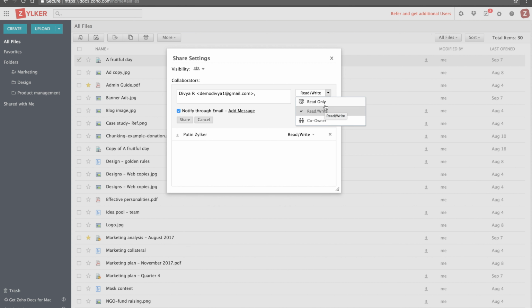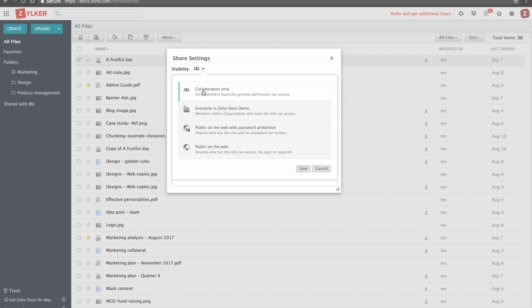Now, when I say access permissions, we mean the editing options that a particular user has within your file. So we see these options over here. With the read only option, a user will be able to only view the file and not make any changes to it. With the read and write option, a user will be able to also contribute to your file by adding more text to it. As a co-owner, a user will be able to edit the file, view the file, and also share the file with anyone in the team within your organization.